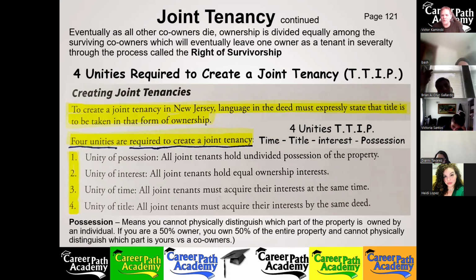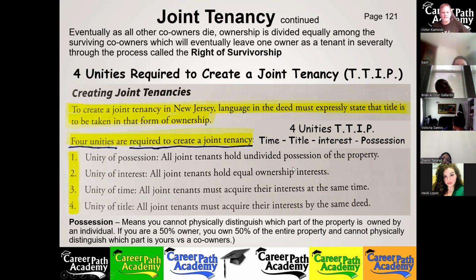I see why they changed up the order of the TTIP in the book, because whoever this guy is that did the rewrite, I was supposed to do a rewrite here with this person. Thank goodness I didn't, because he ended up bastardizing this book with his corny acronyms and ways to remember things. He made up his own, which is kind of the opposite of what most people have done throughout history here in learning this. Instead of TTIP, he says the way to remember it is through an acronym: HIT, possession, interest, time, and title. That's why he changed the order of all of this and screwed things up.